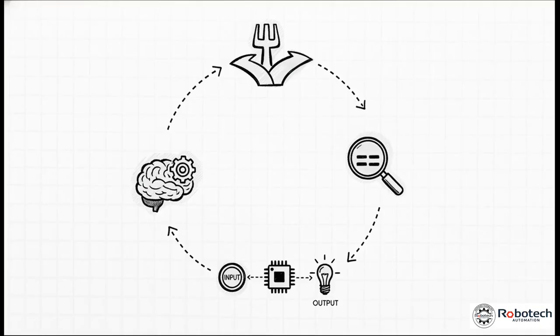So let's just quickly go over what we learned. The if-else statement is what gives our code its decision-making power. Those decisions are based on conditions, which are really just questions that we build with comparison operators, like the double equal sign. And this is how you connect inputs, like our button, to outputs, like our LED, to create projects that are truly interactive. It all starts with this simple, beautiful logic.